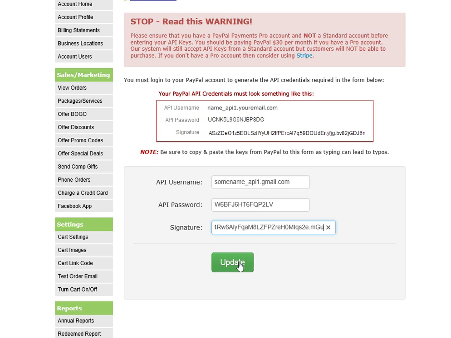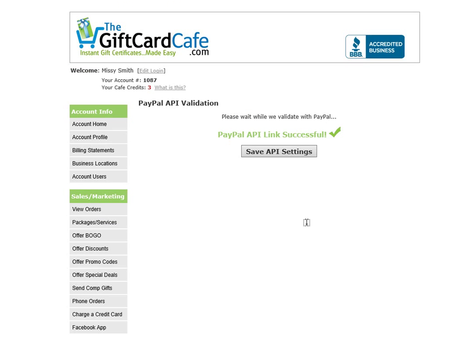And then you're going to want to hit update. And if the API key comes back successful, you're going to get this green check mark, and you're going to want to click Save. If it isn't successful, it'll tell you, and then you'll have an opportunity to re-enter. So you want to click Save API Key Settings,